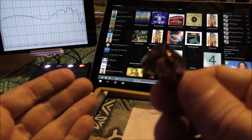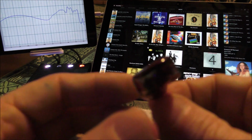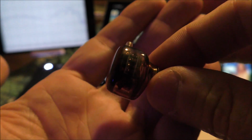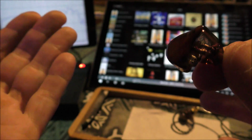The TSMR by Tansio Mirai, I like the 3BA version better than I like the 4. So more BAs doesn't really mean anything. This is 3BA. It's a little bit on the pricey side, but I like it. So I'm going to go ahead and put a check mark and recommend it, and I'm going to consider if it goes in the top 5 or just outside, and I'm going to have to extend my list to 10